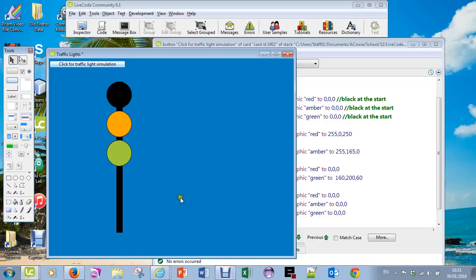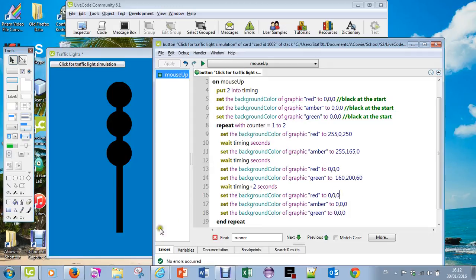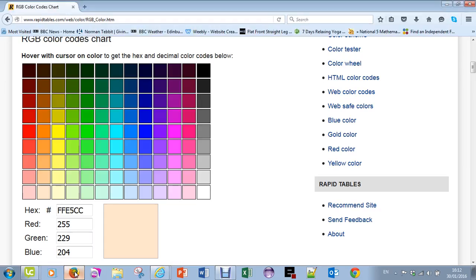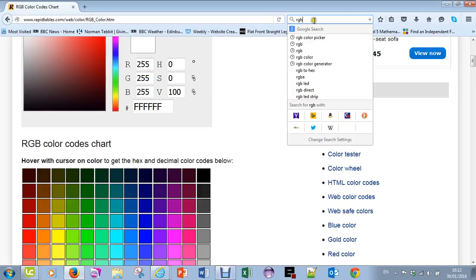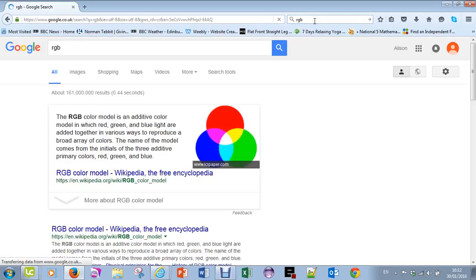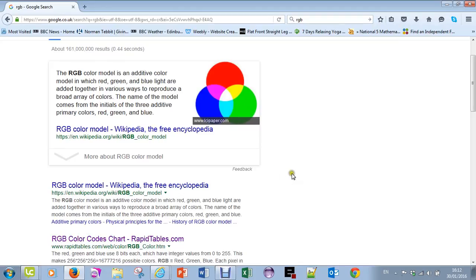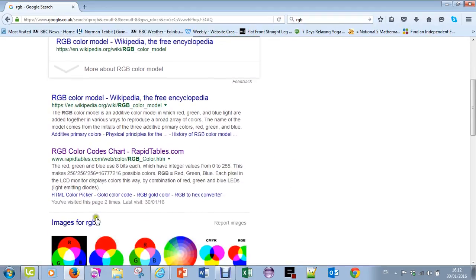Now the colours are all wrong, so I'm going to go onto a browser like Firefox, and I found this page, a website called rapidtables.com. So I'm typing into the browser RGB, and that stands for red, green, blue, and I can pick up the numbers for the colours that I need. So the website that I'm using is rapidtables.com,